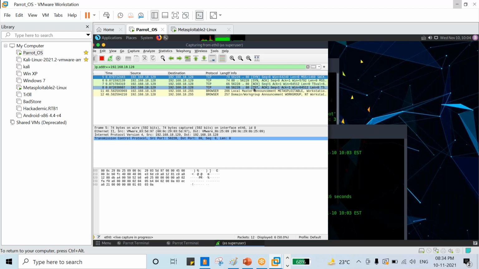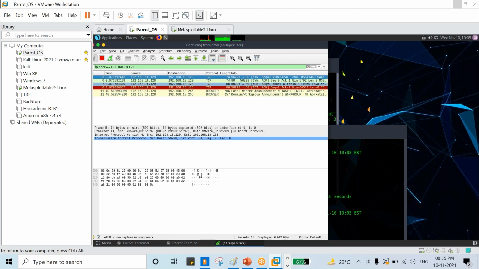So what does this reset mean? The connection has already been established, and no further communication will happen on this particular port. That's why I'm closing this port number 56228 and port number 80. That is the reset ACK. That means after SYN ACK and establishing the connection, I have closed that particular connection. There is no further communication on this port, so that is the indication of this reset ACK.